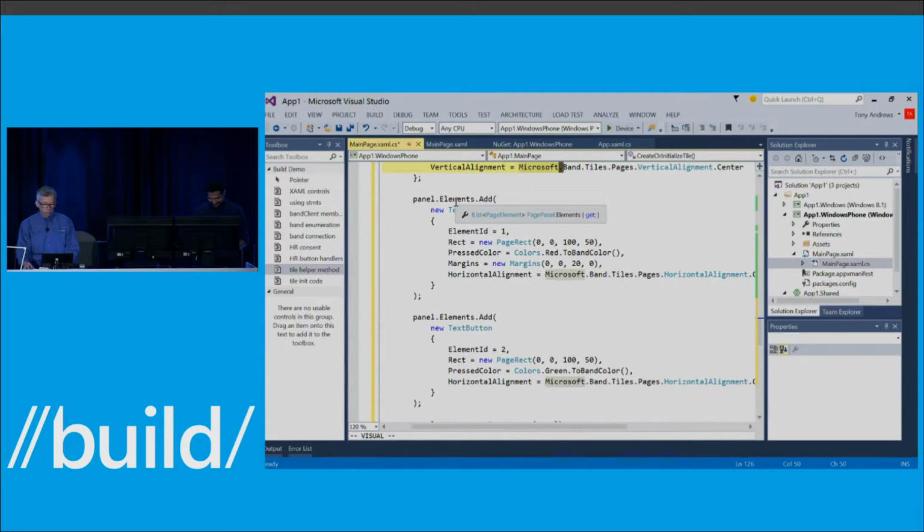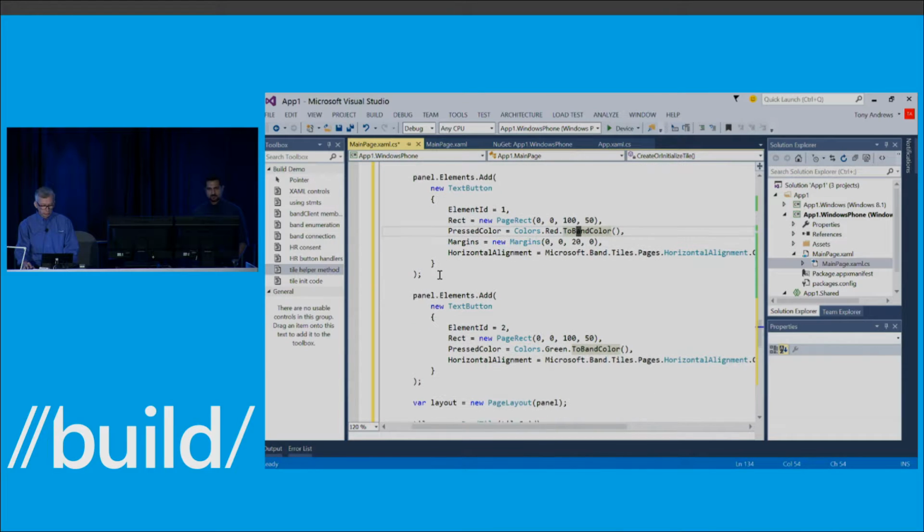So we'll go to our elements collection, and we'll add a text button, and we'll give it a new element ID 1. We'll set a width here, and then we're going to set what color we want it to be when that's pressed. And you can see one thing here, we've got an extension method here on the color object so that we can convert that to a suitable object for use with the band.